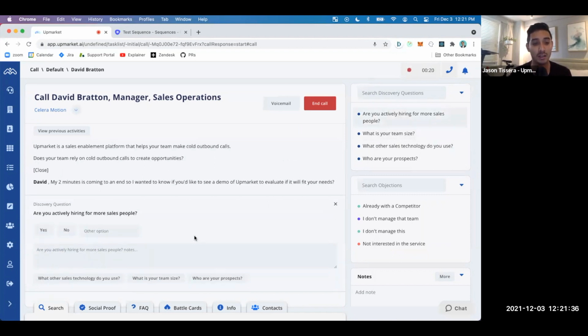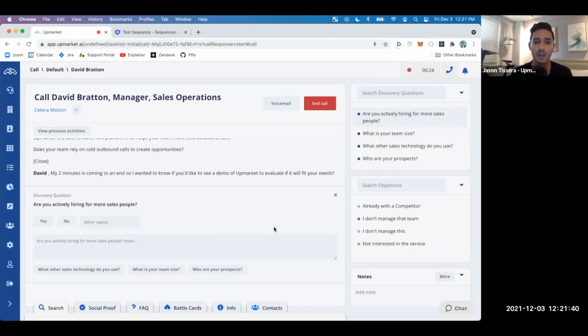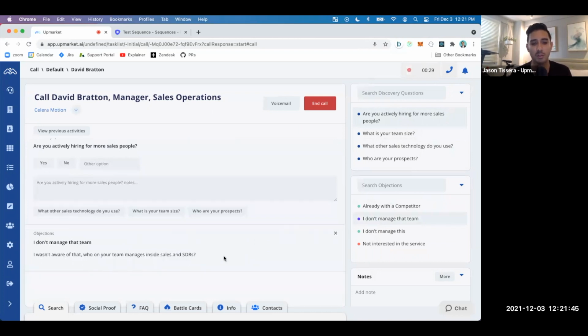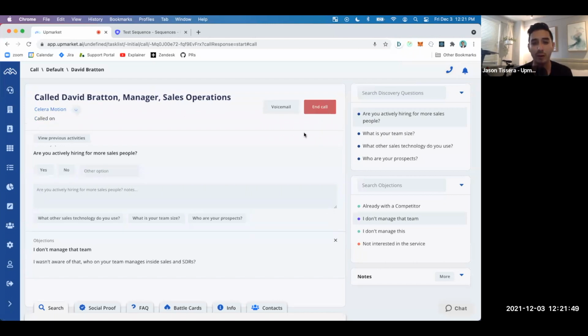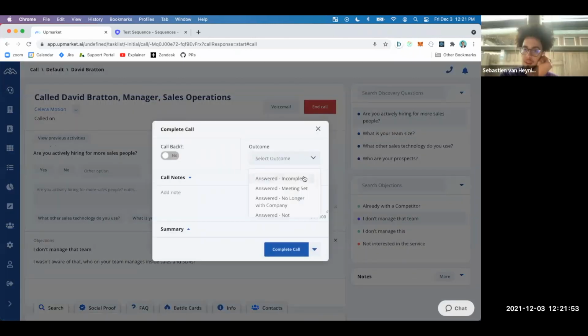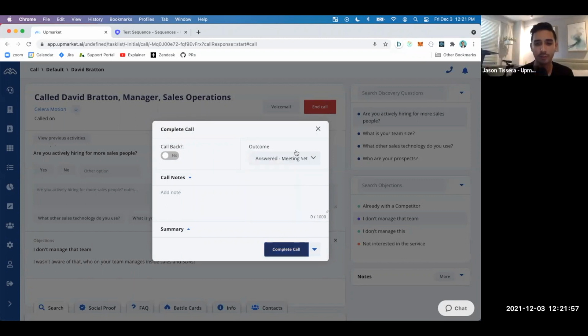They can ask the right discovery questions of the prospect specific to the type of call that they picked. And if they hit an objection, they'll also have ways to support that objection and answer back to it. And then the cool part is when we hit end call, it's going to hang up on your side. When we put this outcome in, I'm going to hit meeting set, for example. Actually, we'll hit incomplete. And when I complete this,